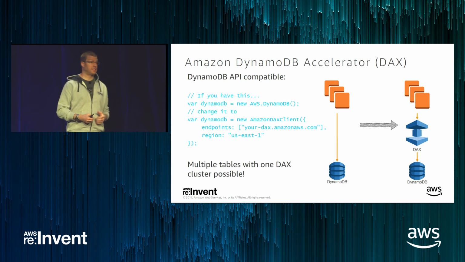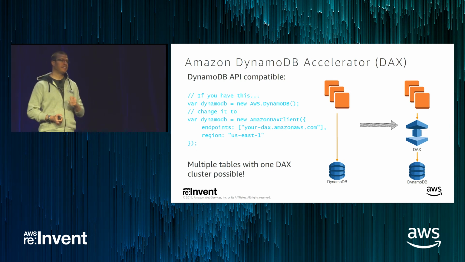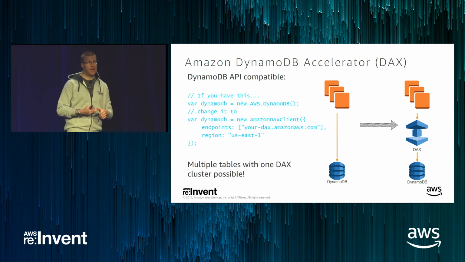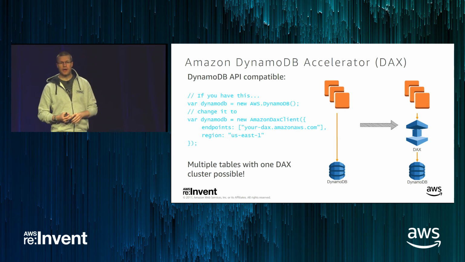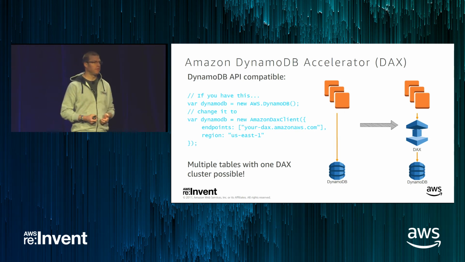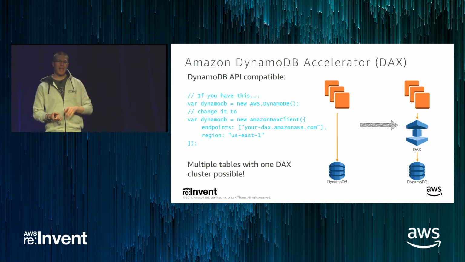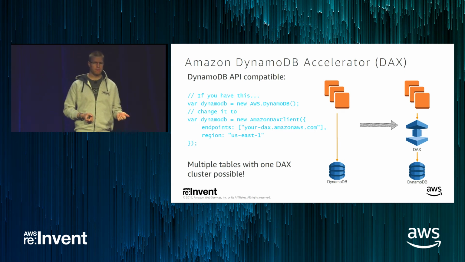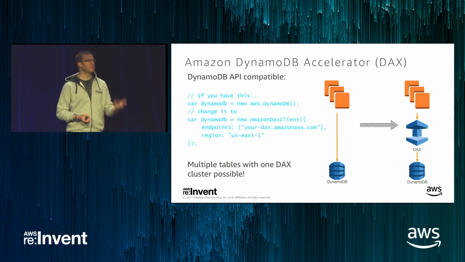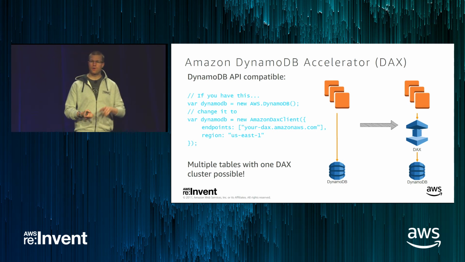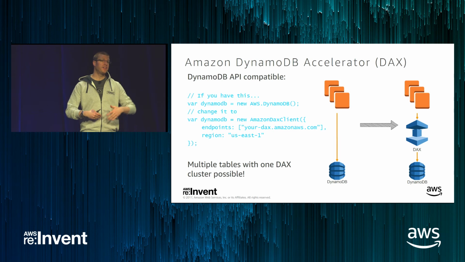The benefit for us as a customer is that there are SDKs out there for Java and JavaScript right now that are DynamoDB API compatible. That means we don't need to change our application. We just need to switch over, as you can see in the light blue code here. What we had was a DynamoDB client, and now we're just using the Amazon DAX client. From there on, we can do our get item, put item, whatever we did against DynamoDB,